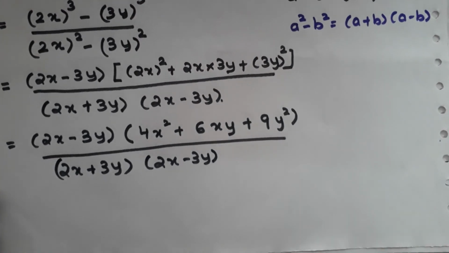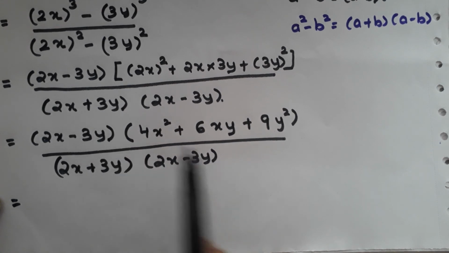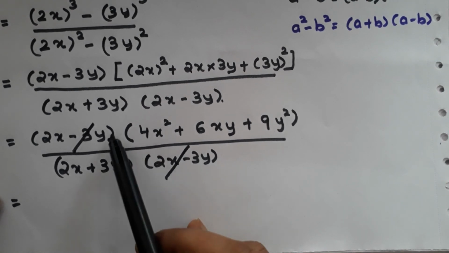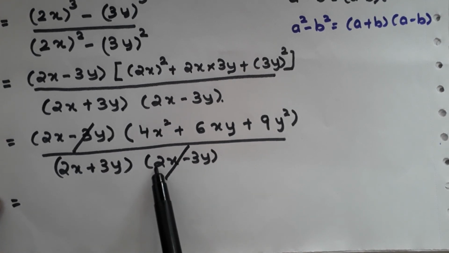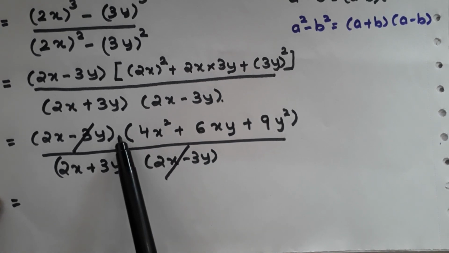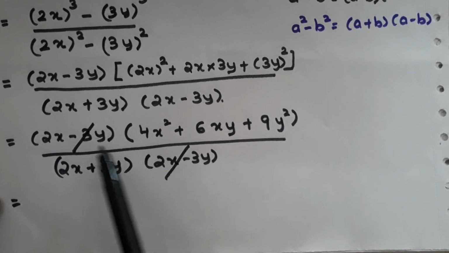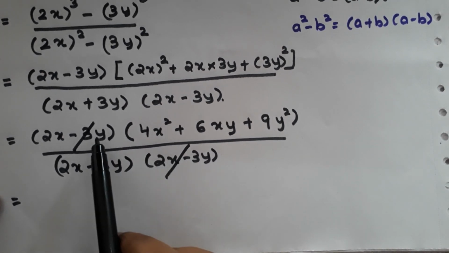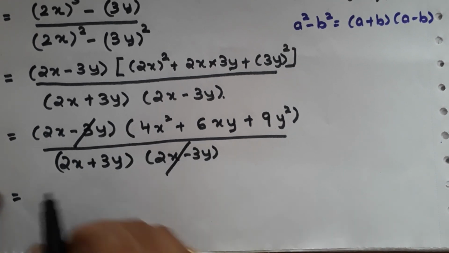Now see whether there is any common expression in the numerator and denominator. Yes, 2x minus 3y is common in the numerator and the denominator, so you can cancel it out. I can cancel it because between both the expressions in the numerator there is multiplication, and also between both the expressions in the denominator there is multiplication. But if it is plus between these two brackets and minus between those two brackets, then you cannot cancel the common term. Only because there is multiplication can I cancel the common expression in the numerator and the denominator. So now write the remaining expression.